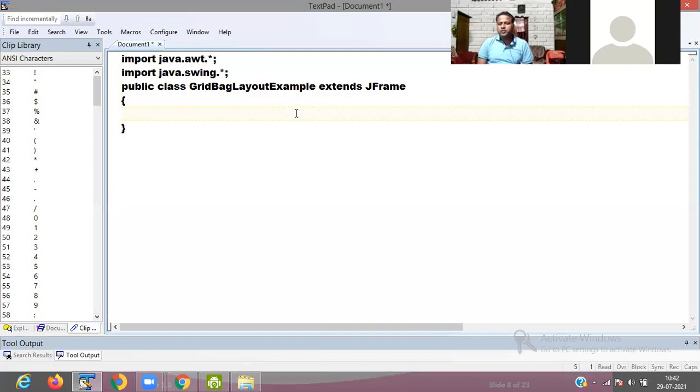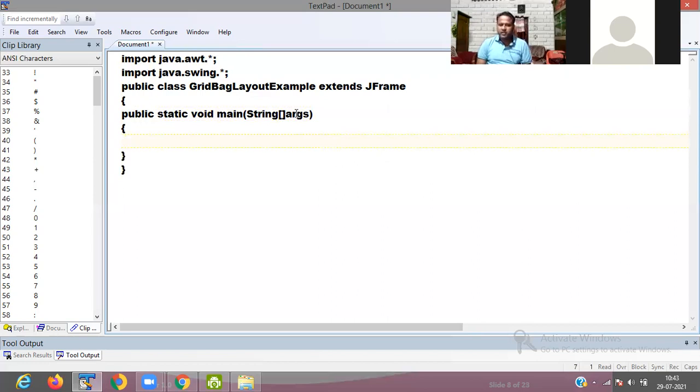Okay, so now we write public static void main(String args). I define a method.